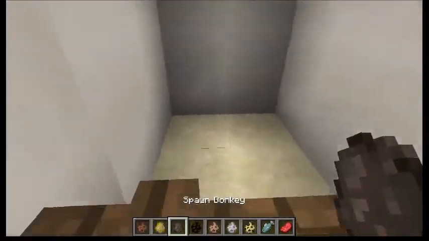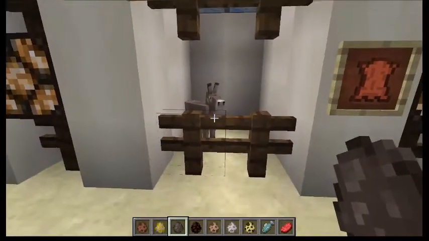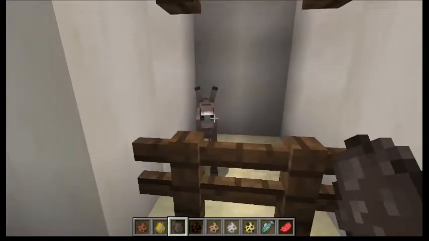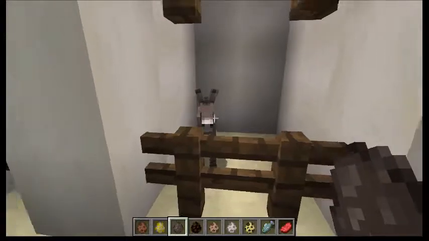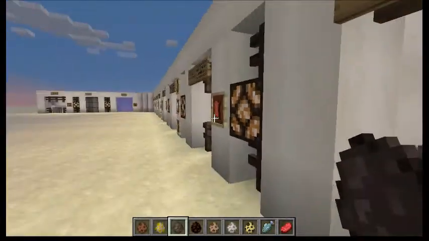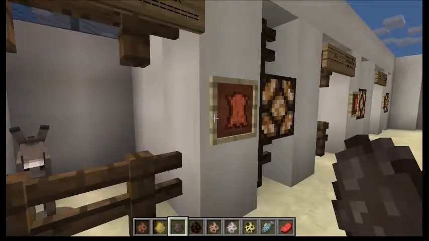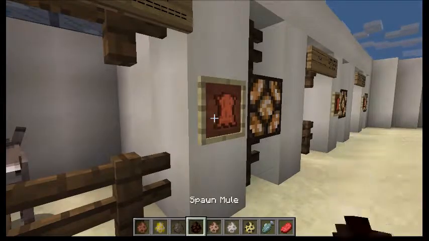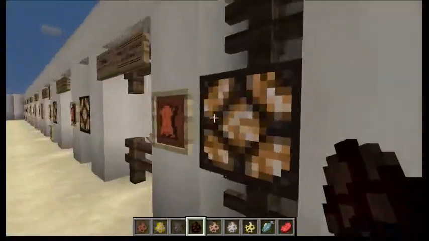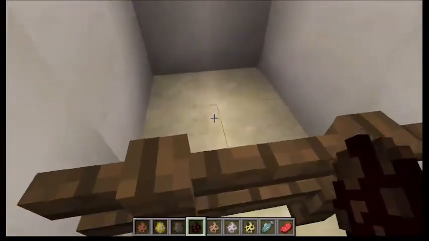Okay, next up is the donkey. Oh, we got another baby one. These guys can be tamed. They are a lot slower than the horse, but you can ride them. And much of them is the same as the horse. You breed them with wheat. If they die, they drop leather. Okay. Now, if you breed the horse and the donkey together,